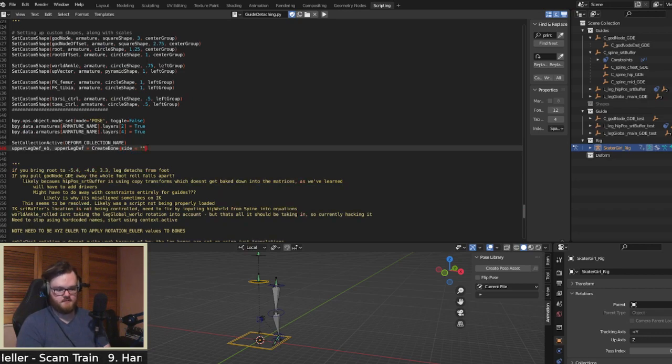Side equals L. Name upper leg. Let's do suffix equals def. Location equals